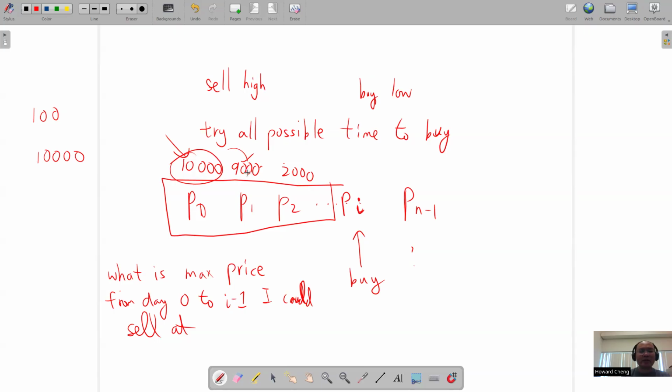Or to make things even more dramatic, if this is 2,000 and this is 9,000, then even though the 10,000 is bigger than the 9,000, if you have to pay interest to borrow 1,000 a day,